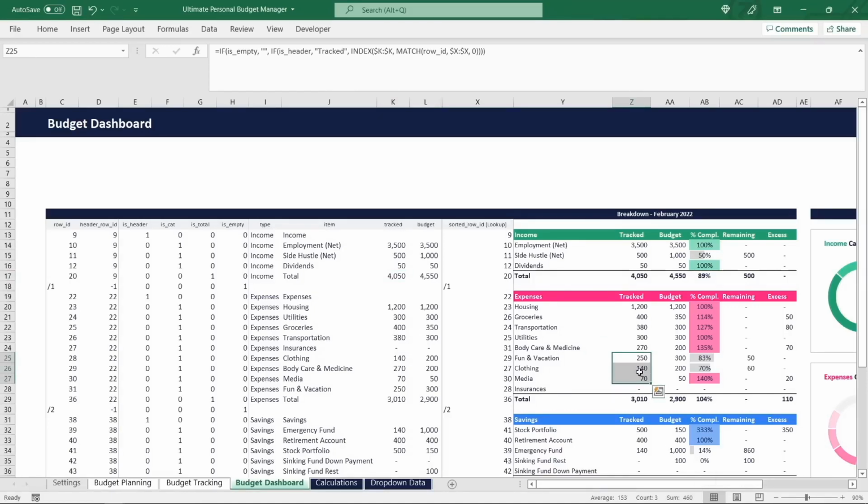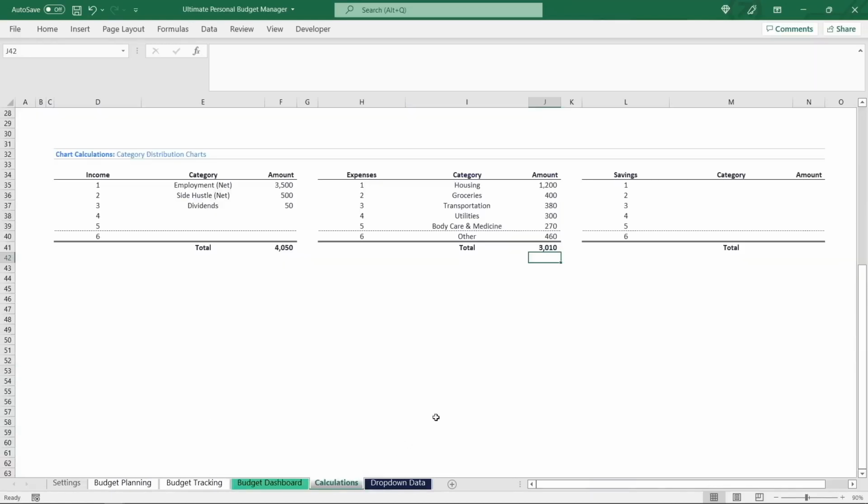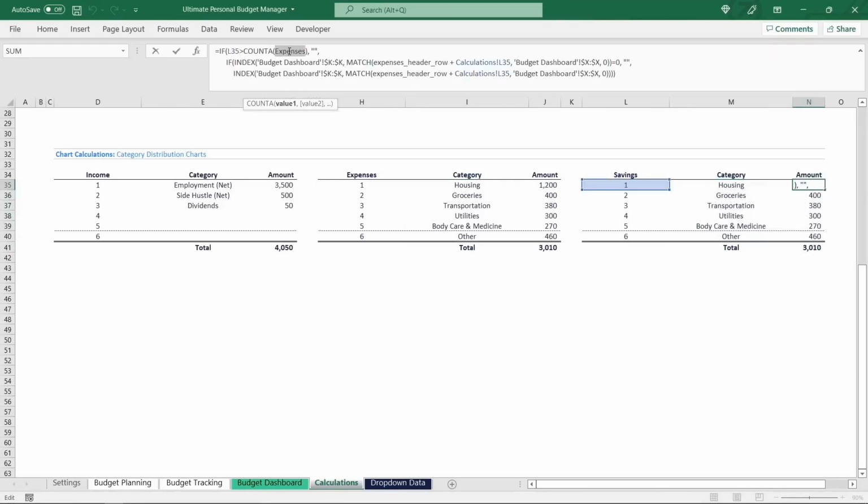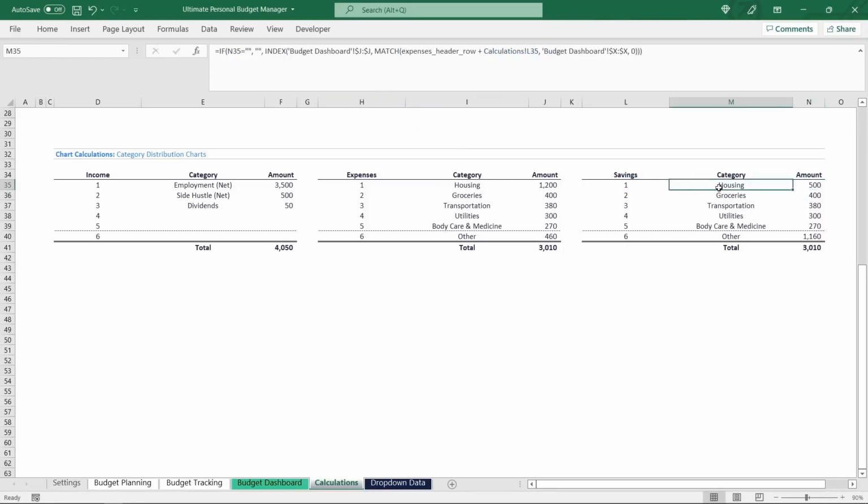Perfect. That means the dynamic data retrieval into this chart data table works perfectly fine, and we can continue copying these formulas over to the savings chart data table. Here, of course, we're going to implement the same adjustments, first in the amount formula, updating this table reference to savings, and those two name references to savings header row, then in the category formula, also changing this name reference to savings header row, and finally, after adding this updated formula to the top 5 rows,